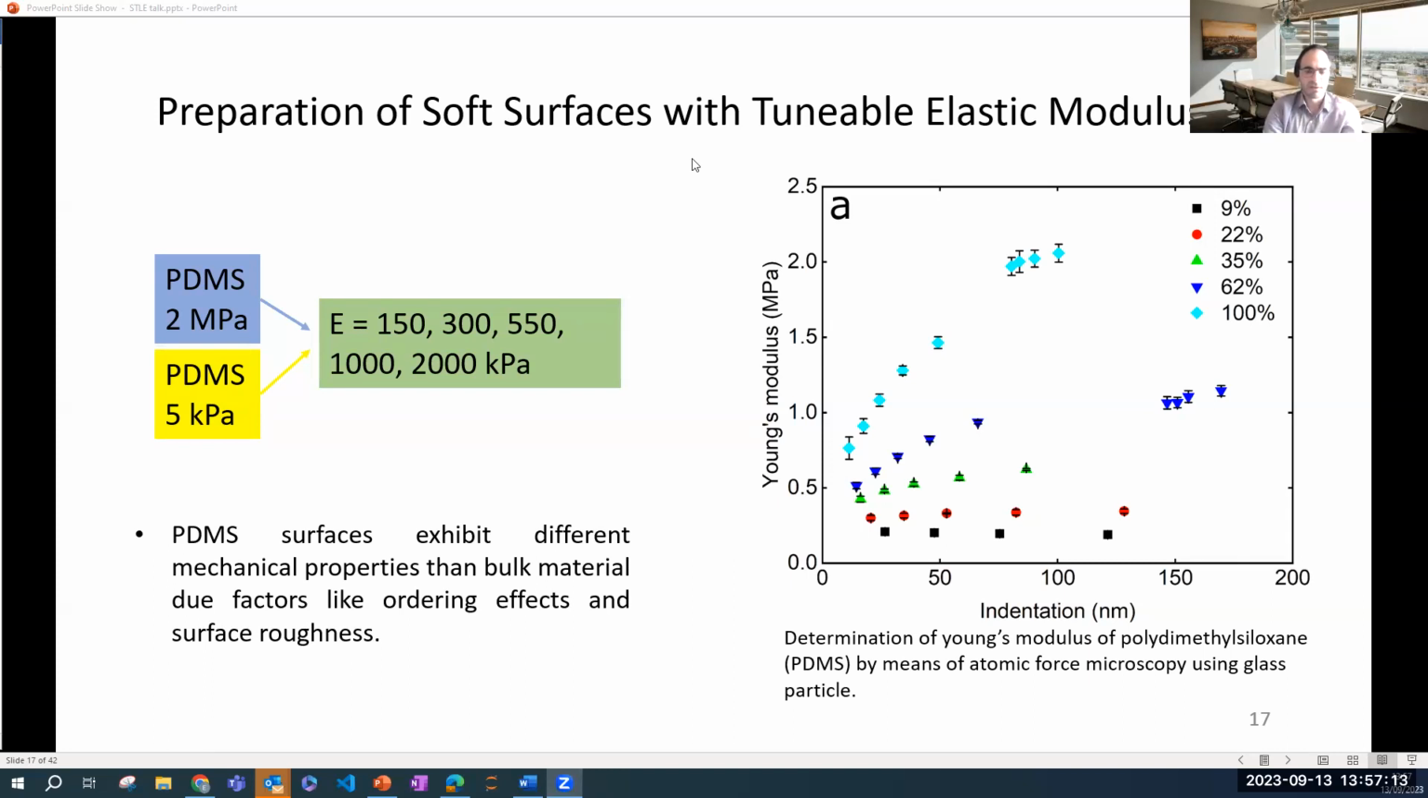As we can see in the graph, there is an interesting pattern here. As the indentation depth increases, so does the Young's modulus, particularly in samples with higher modulus, until it eventually reaches a plateau and stabilizes. This initial increase in modulus as you indent more was related to factors such as ordering and confinement effects at the surface, and also surface roughness. At the plateau, the modulus we measured was similar to what we found using macroscale techniques,